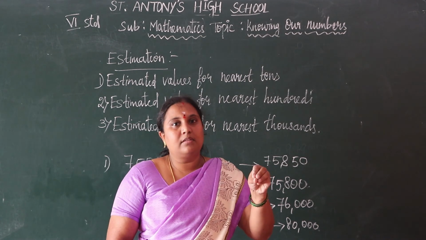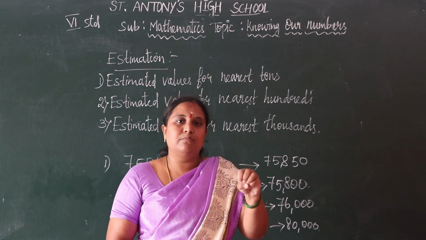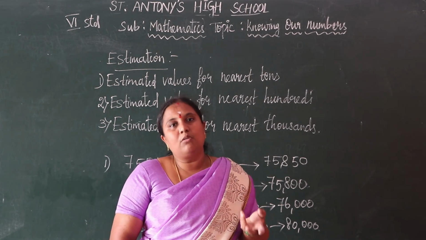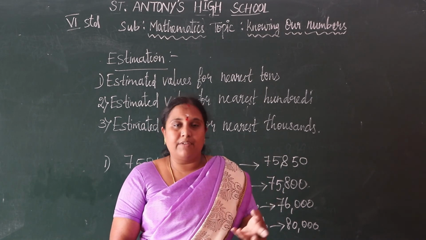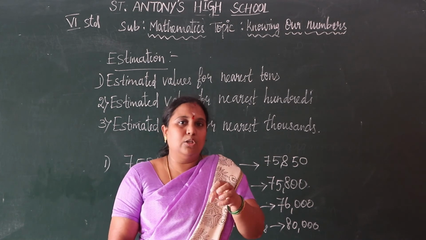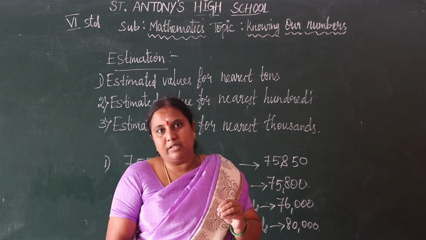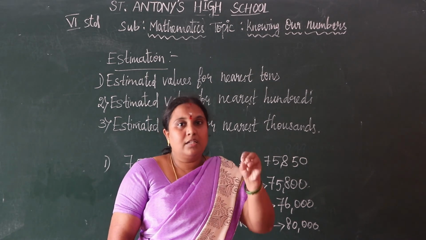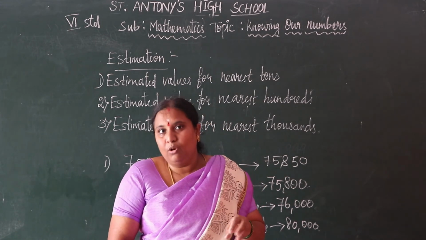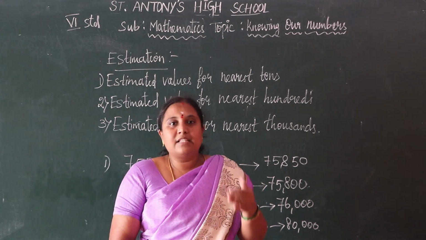Okay, we have costly things to buy. We are going to malls. We should buy some things that are more than 3,000 and more than 5,000 and more than 7,000. So we are rounding, and we can say that value rounded to the nearest tens or hundreds or thousands. We are not able to say it is 5,461 or 7,542. Like that we can't say. It is nearest values, that is estimated values.